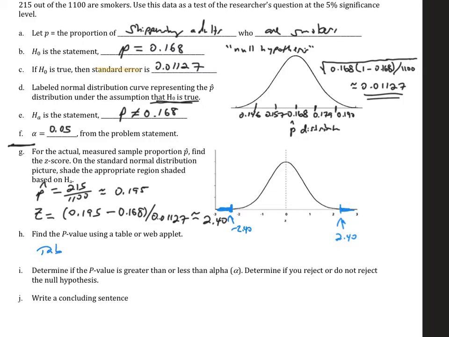These two little blue shaded areas I've drawn in the picture are identical, so I can look up either one of them. It's smart to always look up the negative one, because the table tells us how much is shaded to the left of whatever we ask it. In my picture, I want the area shaded to the left of negative 2.4. So if I look up negative 2.4, my table says